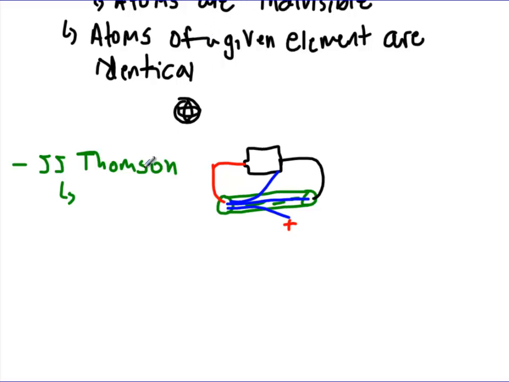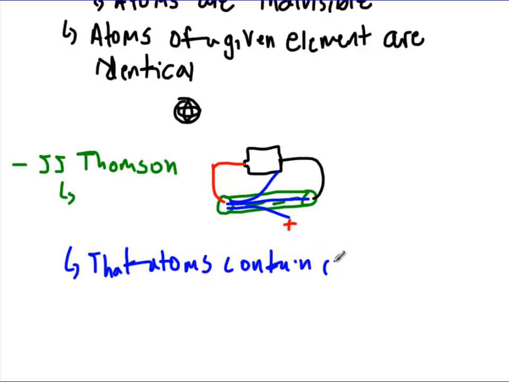But all of a sudden this means atoms contain charge. Because the reason this beam is being repelled or attracted by these different forces is because this beam is charged. And since the only thing in this little tube was a few particles of air, a few air atoms, he was able to say that atoms contain charge. And not only that, these particles that have the charge can be separated because this beam has a negative charge. Which means there must be a positive part too, because atoms are neutral.